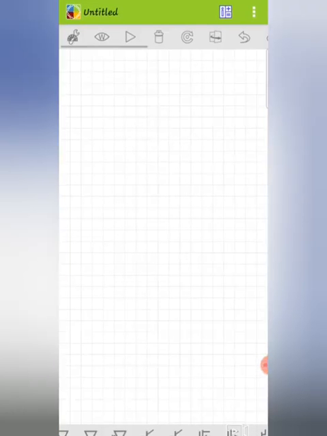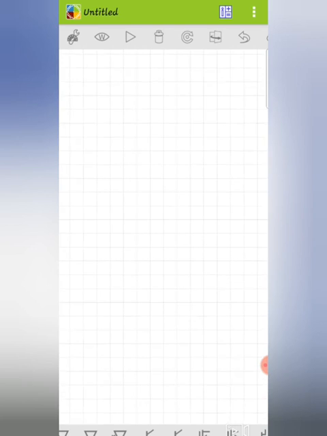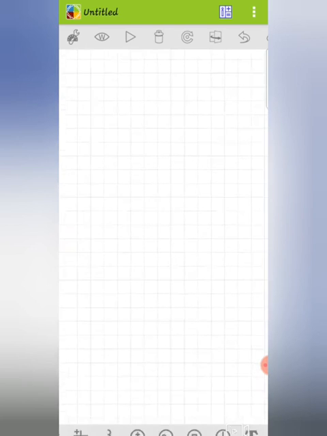This is the Electric Studio app in which we are going to implement the Darlington amplifier. Before that, let me explain what things are available here. These are the basic tools which are available in this toolbar below.